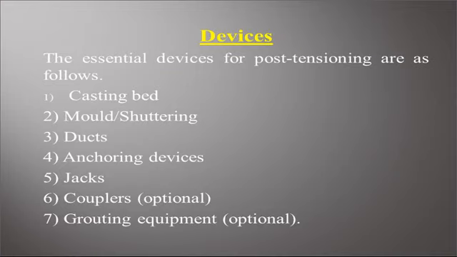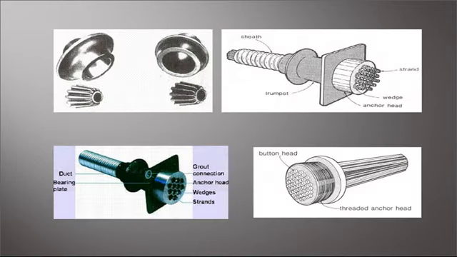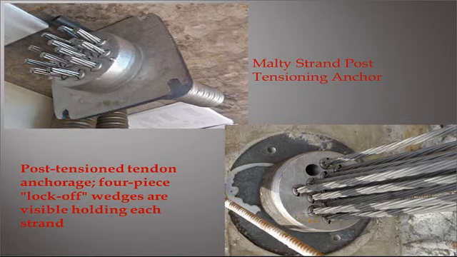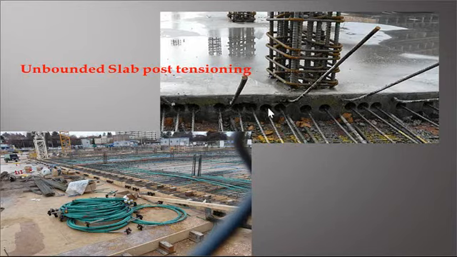Now, these are a few devices generally used for post-tensioning. This is the wedges, this is the anchor unit, this is the strand, application of the strand. These are the units used in the end block for prestressing. Tensioning of the anchor; this is the wedge barrel to hold the tension, to lock these tendons. This is the prestressing done for a slab, unbonded slab post-tensioning.